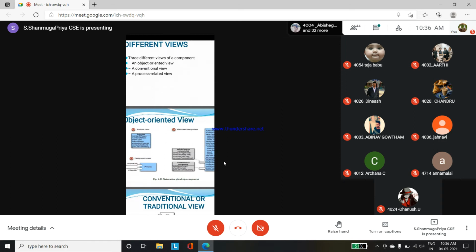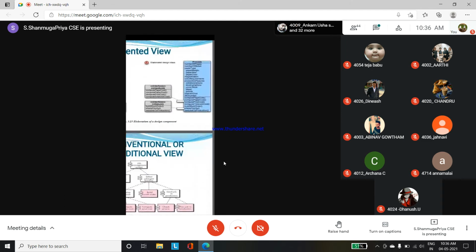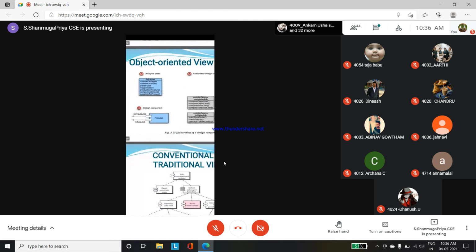Okay, similarly, depending on how many pages are printed, the cost is calculated: how much cost is taken for taking that printout. So that is also something we have to specify. That one we have explained, we have taken it as an example. So the analysis class is a class diagram. In that class diagram we are specifying only the attributes and functions.